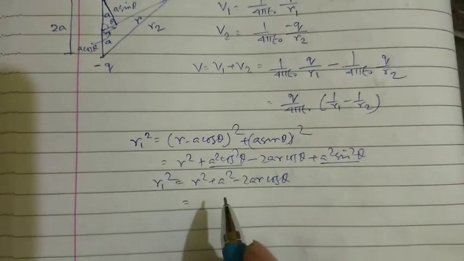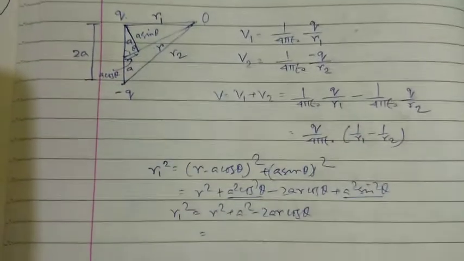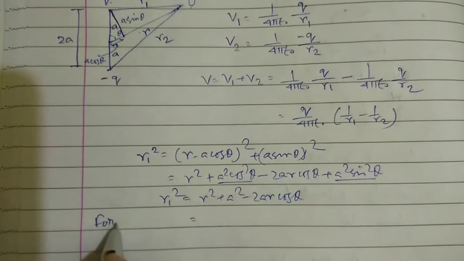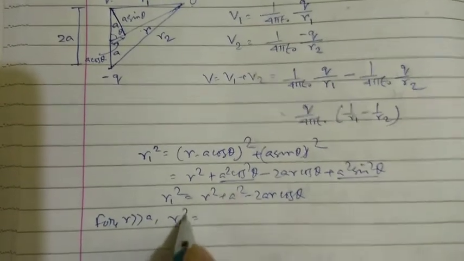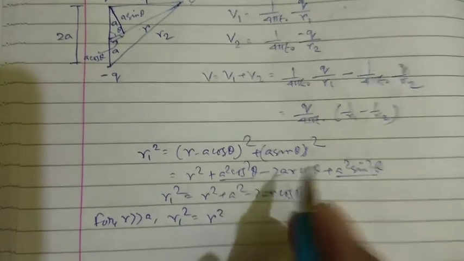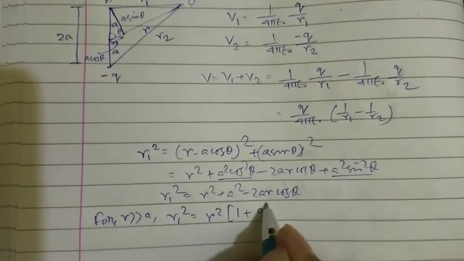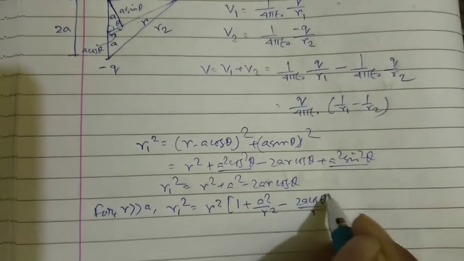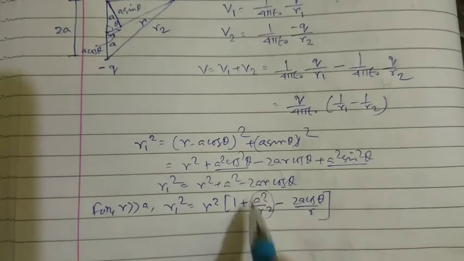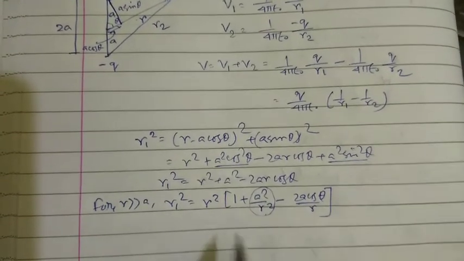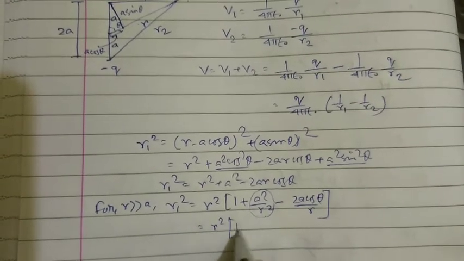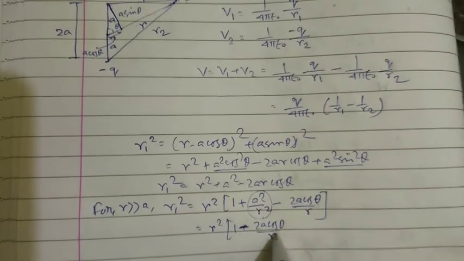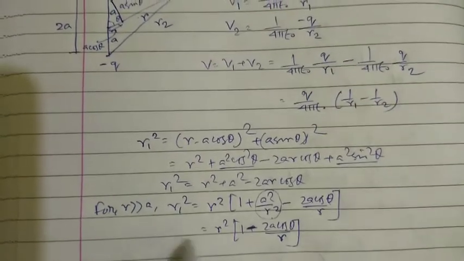Now if R is much greater than A, for that condition, we can write R1 square equals, just take R square as common, 1 plus A square by R square minus 2A cos theta by R. So this term will be very small, so we actually can neglect it. So neglecting, we get R square (1 minus 2A cos theta by R). So R1 will be